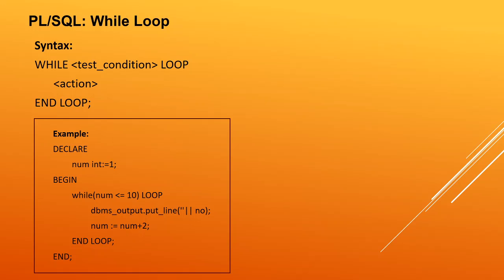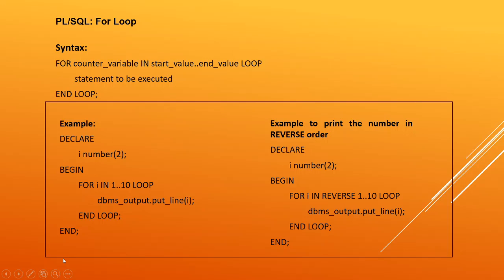All right. So the next is a while loop. While condition, loop and end loop. So you can see always it is between loop and end loop. All the executable statements of the block will be written between loop and end loop. If the condition is true, it's going to come into the loop. Once the condition is false, it will not enter into the while block, and it's going to come out of the while block.